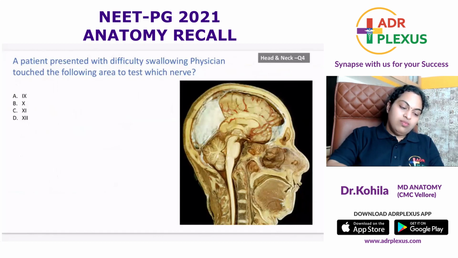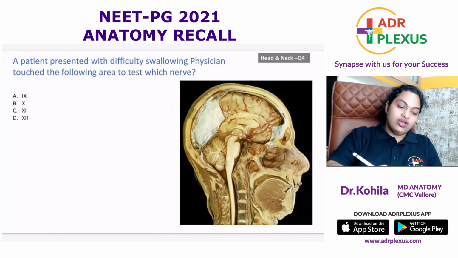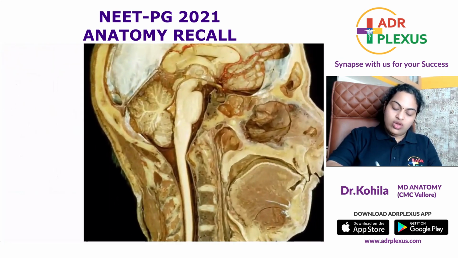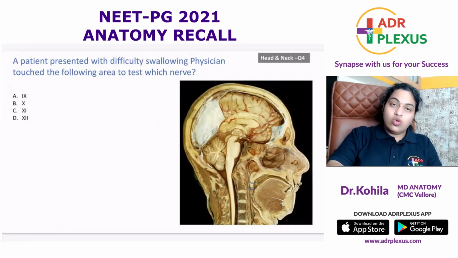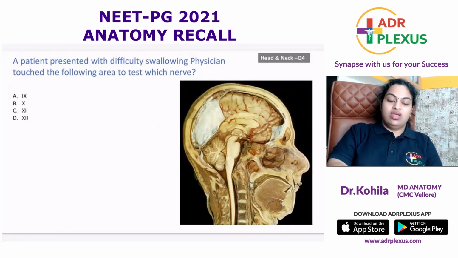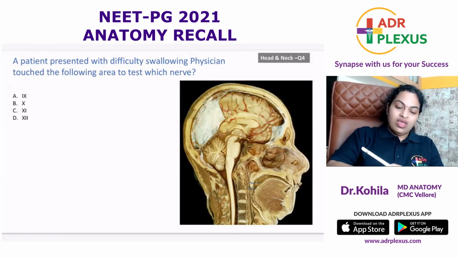A patient presented with difficulty in swallowing. The physician touched the following area to test which nerve. There is a lot of controversy in this question, and confusion about which one was touched, whether it was the soft palate or the posterior pharyngeal wall. There was a doubt in the question also. What was the question asked? What is the nerve supply to the marked structure? If they are going to ask you the nerve supply to the marked structure,